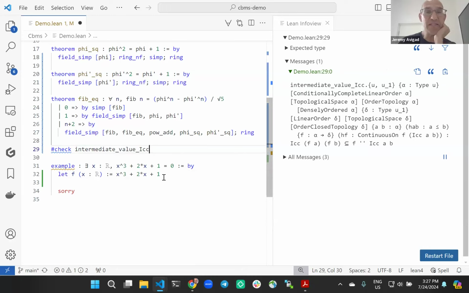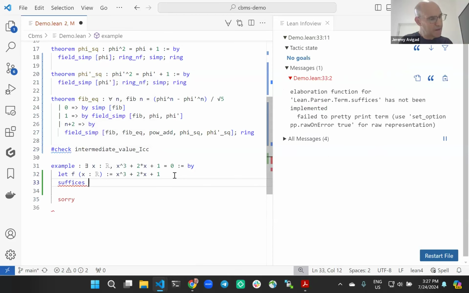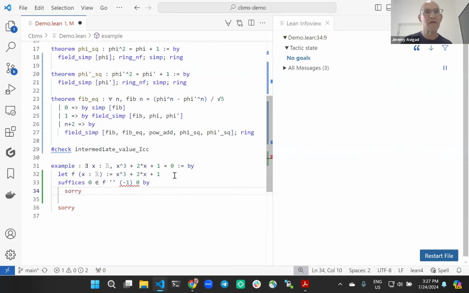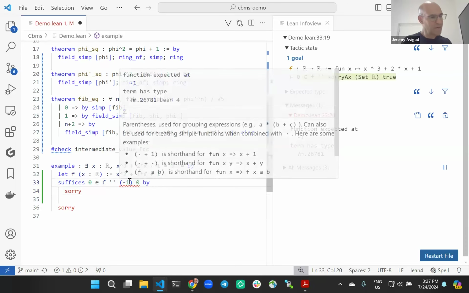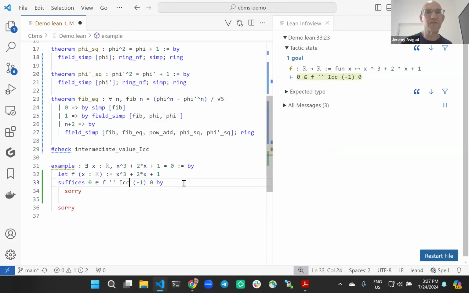Okay. So it should be sufficient to show that 0 is in the closed interval from -1 to 0. Okay, because this will say that there is an x between -1 and 0, such that f of x is equal to 0, and then we should be able to use the intermediate value theorem to prove that statement. Right. So to prove that the sufficient statement suffices,